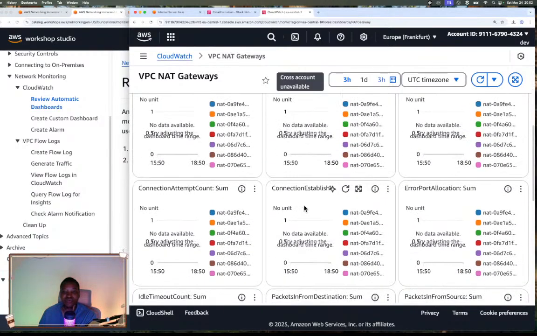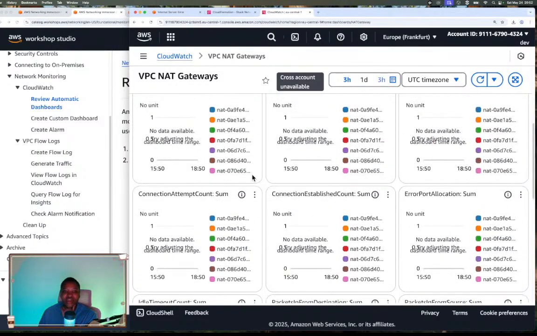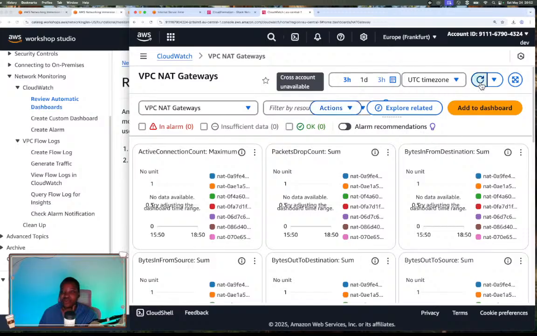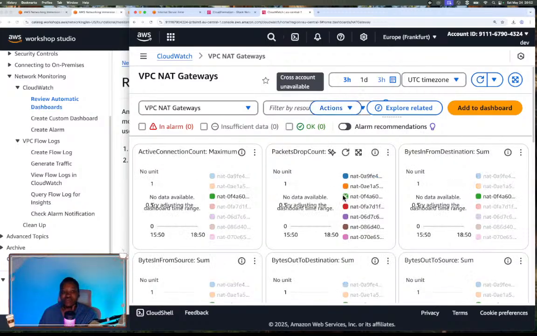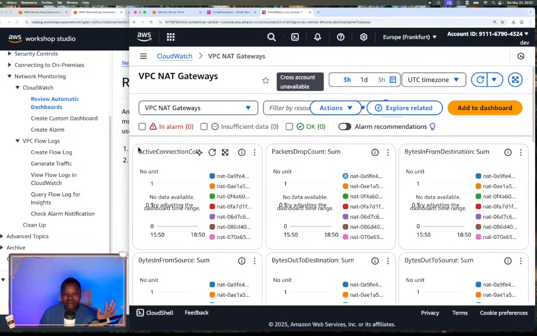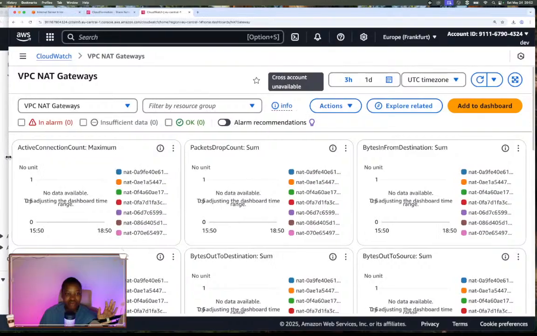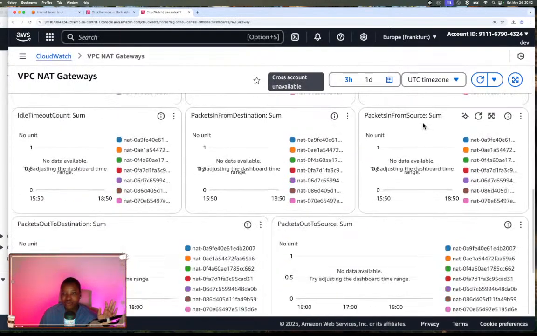Here we don't have any data because there's no traffic going on in our environment right now. But this is what the automatic dashboard for VPC NAT gateways looks like. And as you can see, they are well labeled. Let me try and increase this. They are well labeled so that you can know what each